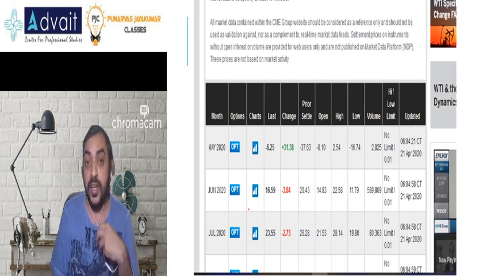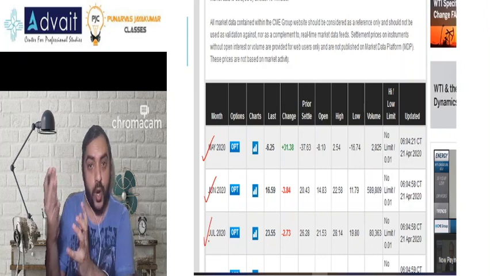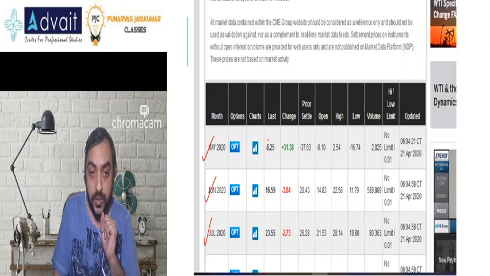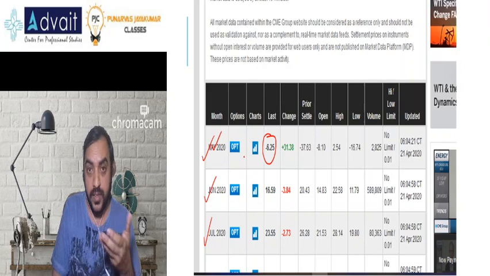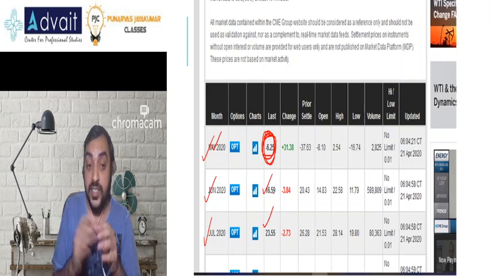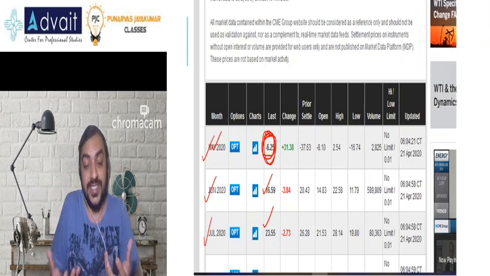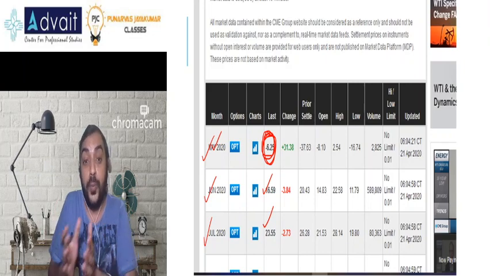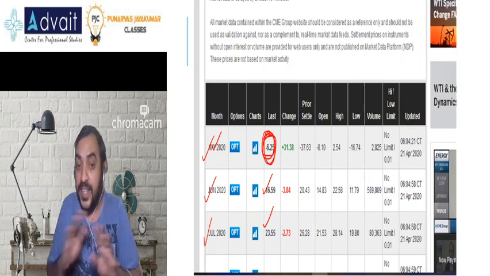Please observe, there are various futures contracts: May future contract, June future contract, July future contract, and the spot transaction. Please observe, it's only the May future contract, which is going to be delivered and expire soon, that is negative. June and July are not negative, they are positive. So don't be too stressed out that oil is coming negative, or too happy thinking, I will go to the petrol bunk, get petrol and get money also. Don't go to either of the extremes.